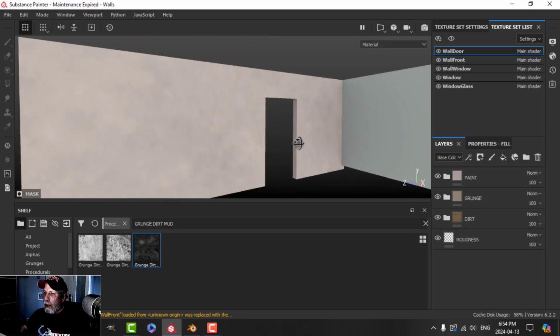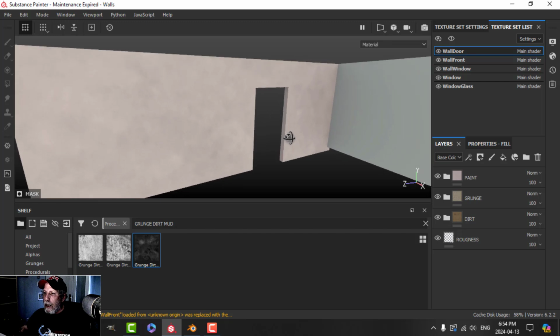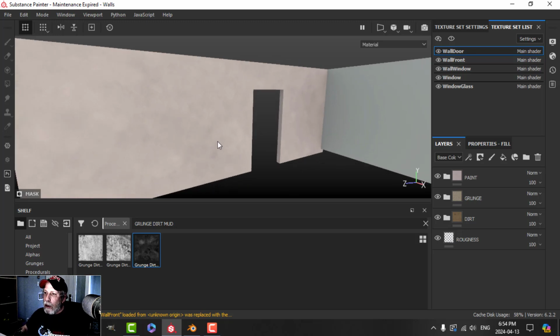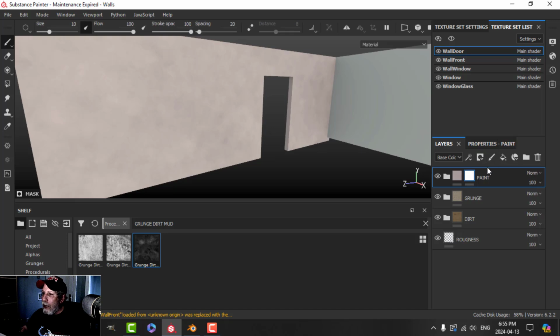All right, close it all back up. All right, so we got the masks in there. So now comes the fun part. It's time to start painting on this. So I'm going to come up to the paint, and I'm going to add a white mask this time. And I'm going to come to my brushes,